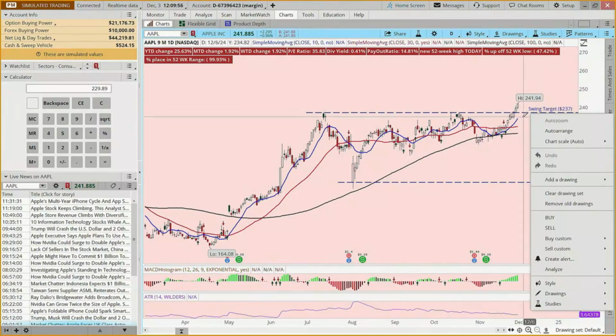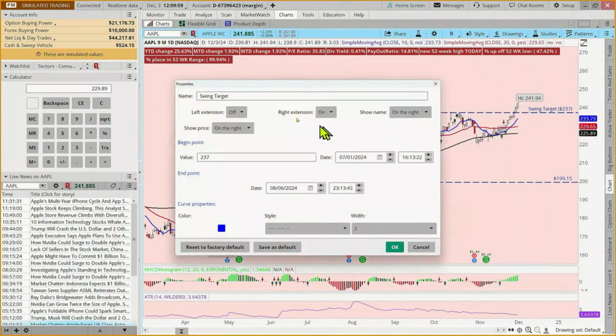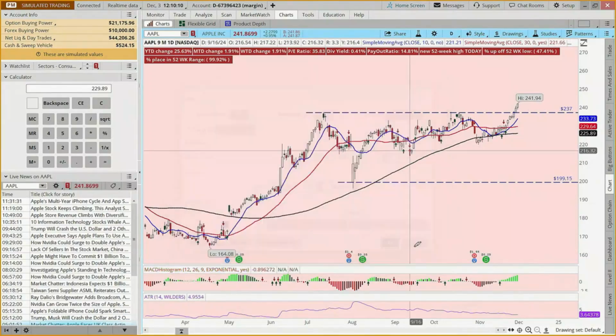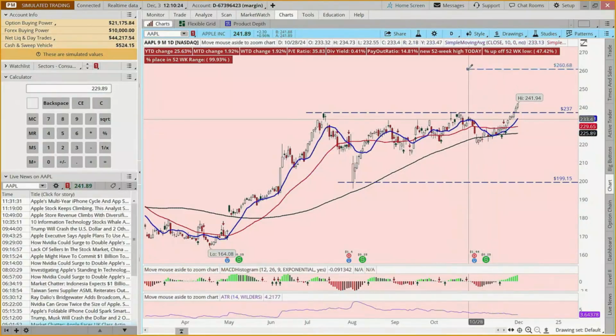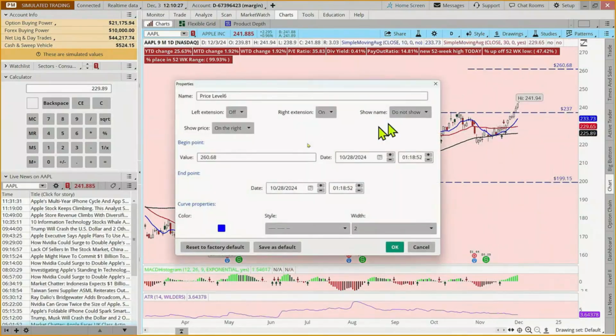I'm going to get rid of this, not this line, but we don't need the swing target in here anymore. But we could put our new target in, and our new target is 273. So if we wanted that to show up on the charts, of course, it's going to be above where we can currently see. We'd have to add more lines. If we make this 273, that's our target.